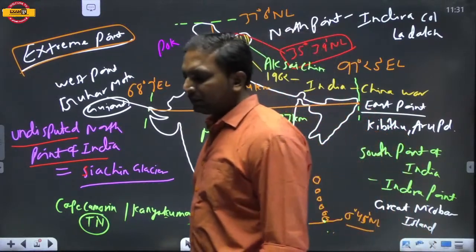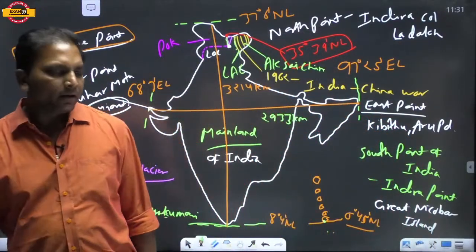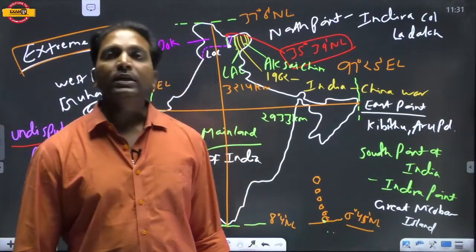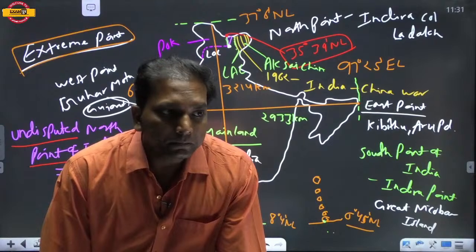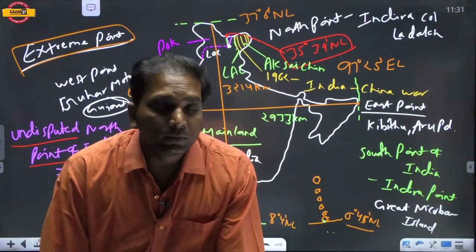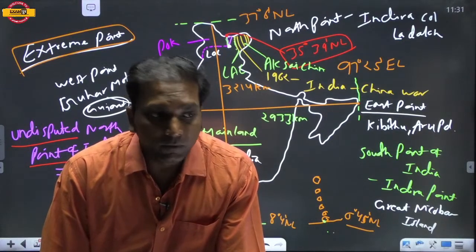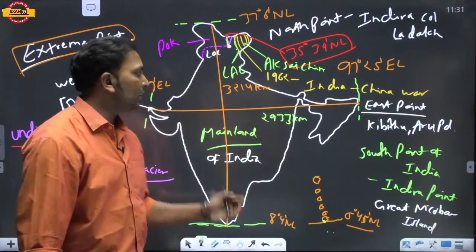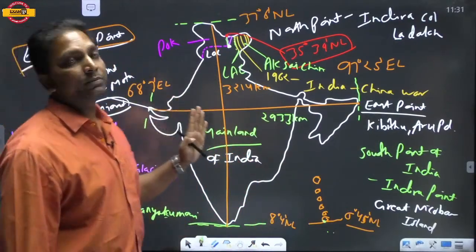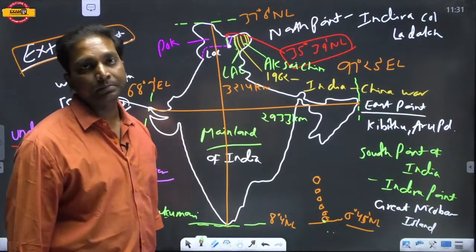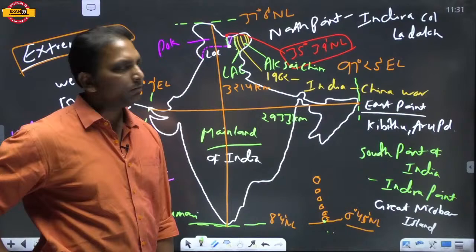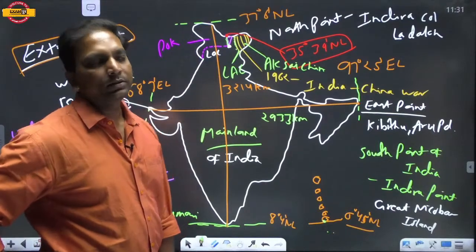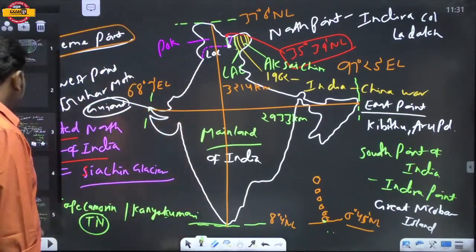Now we are seeing the concept. There is a difference of 30 degrees in the north-south and the east-west extension of India. But whenever you see the distance between the north-south and the east to west, there is a gap, there is a difference. So why does such a difference occur? Because we can see here,